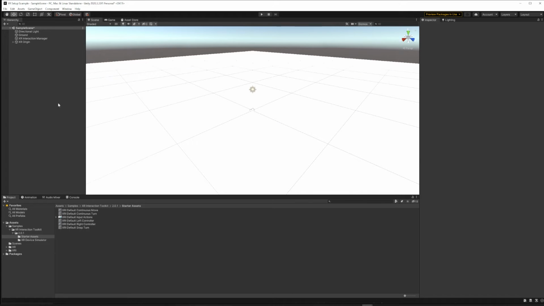If you don't have a VR headset, you can still work on your project and develop without an actual attached headset. Let's say you're working on a Mac at the school labs or working at home where you don't have a VR headset. You can add one more element to this project, and that's the XR device simulator. So inside our assets samples, XR interaction toolkit, version, and then the XR device simulator, we can drag that prefab